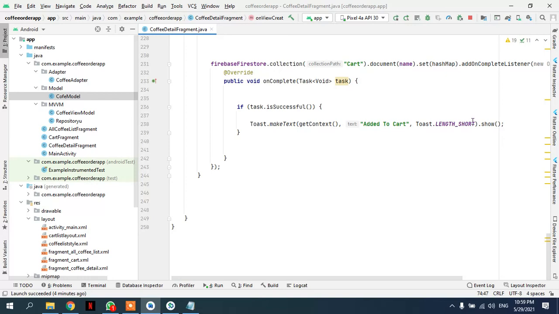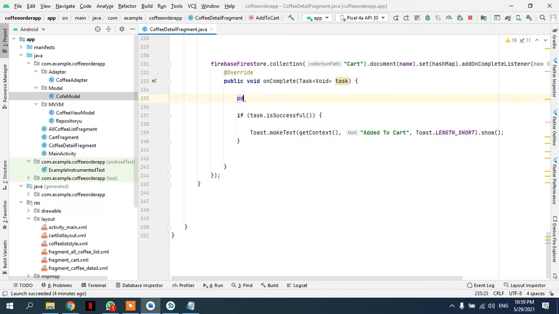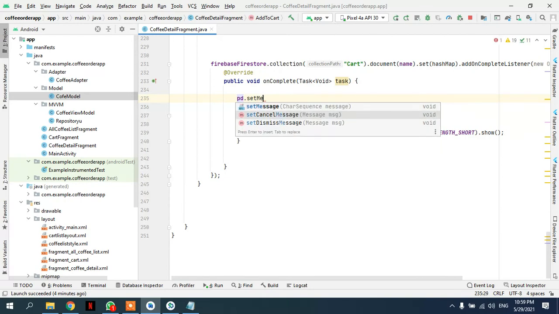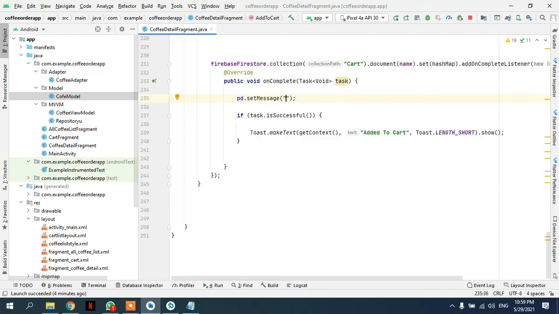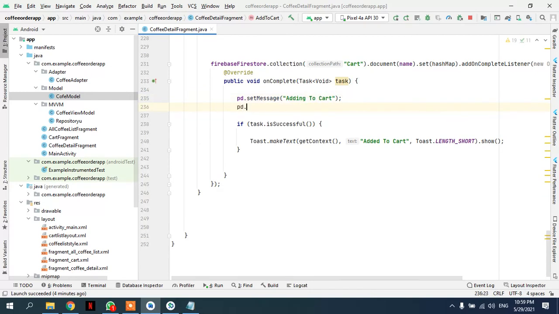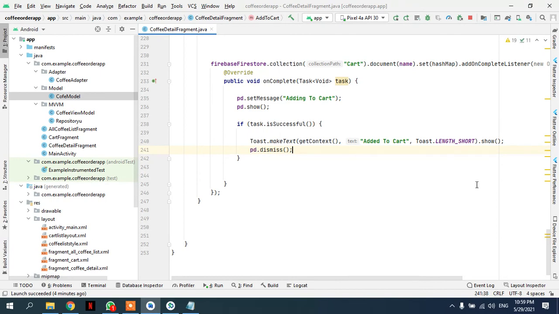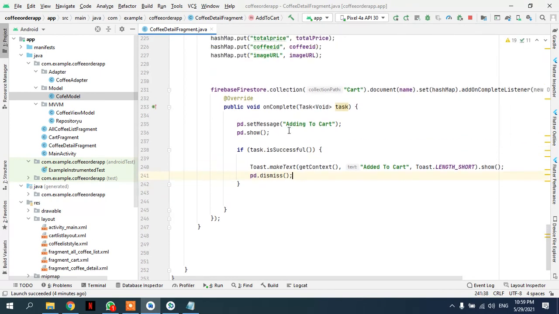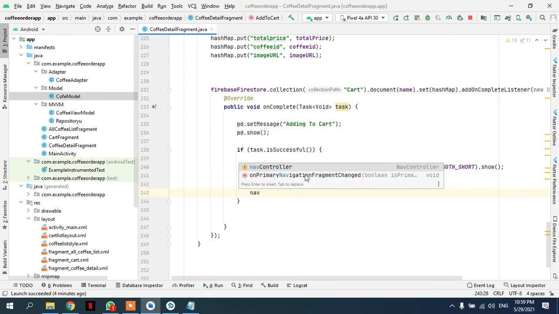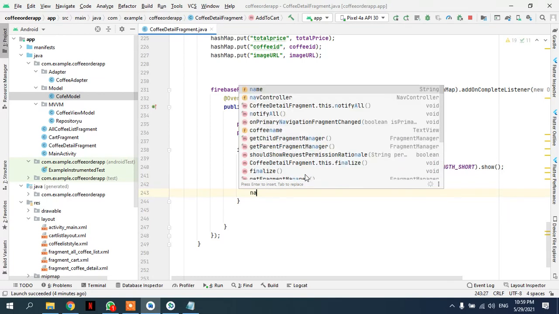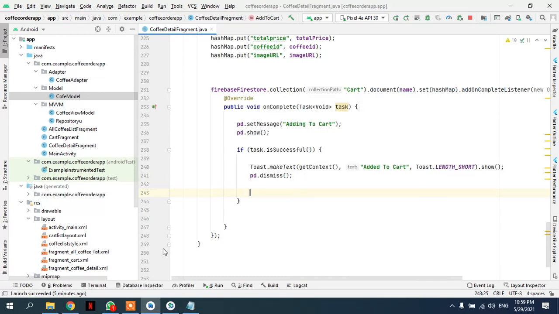These things look really intimidating, but if you start using it a little bit, that message adding to cart, pd.show only displays if it's done. And what happens then, nav controller, and now we want to send the values